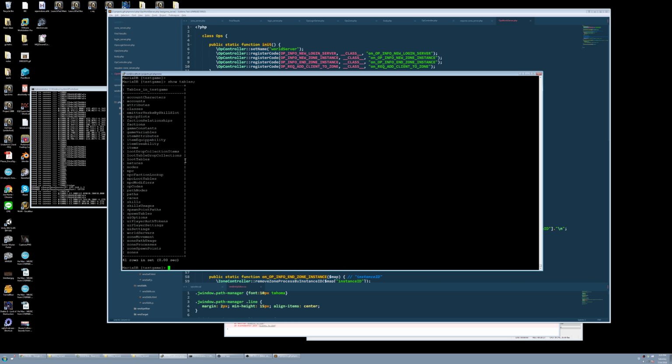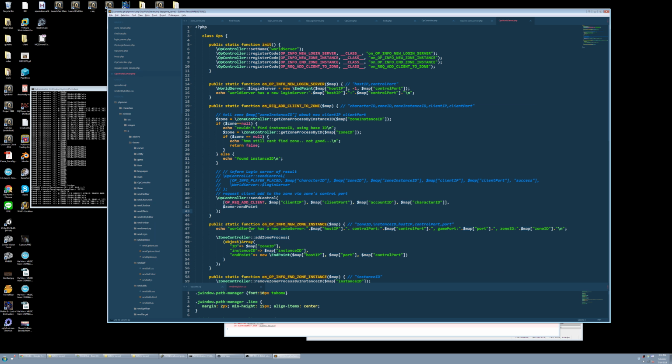Yeah, I don't think I'm using this zone movement anymore. That was going to be how I authorize people to zone into zones, but I think what I did instead was